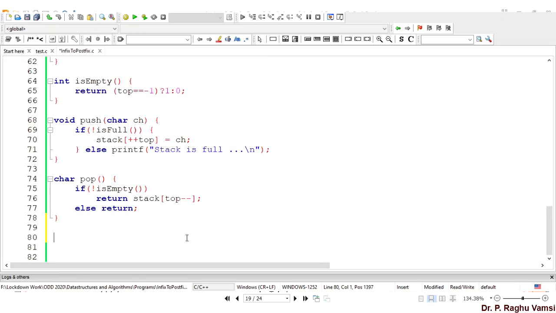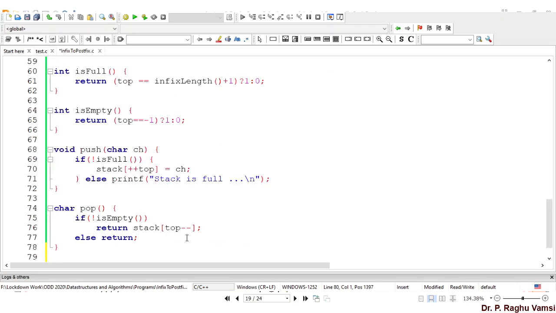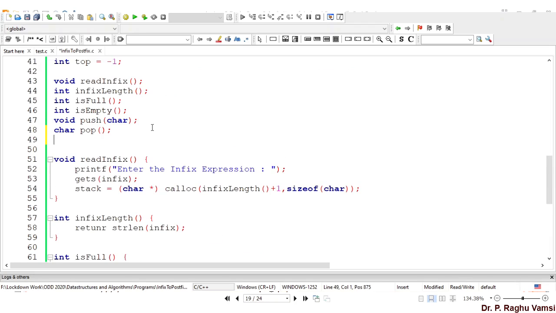Next, after reading the infix expression, we need to convert it into the postfix expression. So let us write a function declaration here.